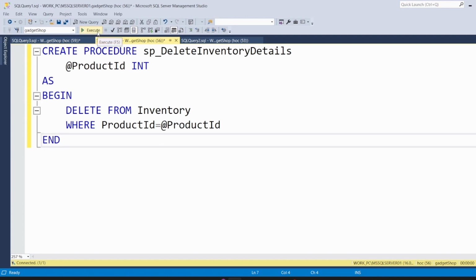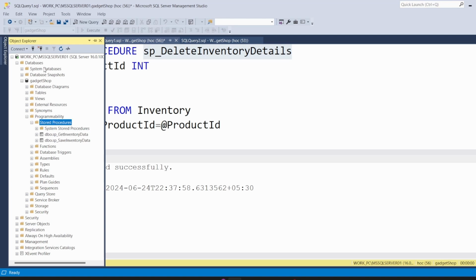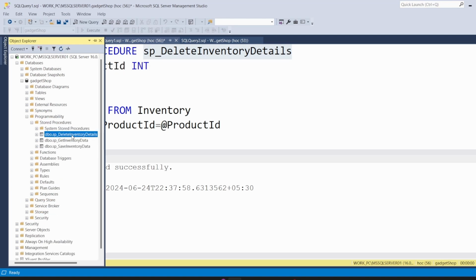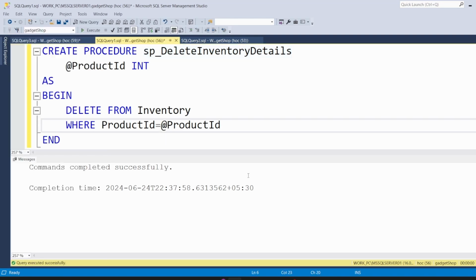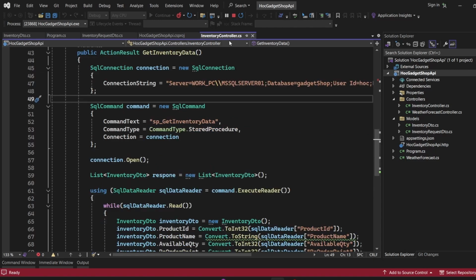Let me just execute this. It says commands completed successfully. That means that the stored procedure is created over here. If I just refresh it, you will be able to see a third stored procedure for deleting the inventory details. So now we'll use this stored procedure in our dotnetcore web API. I'll just stop the execution